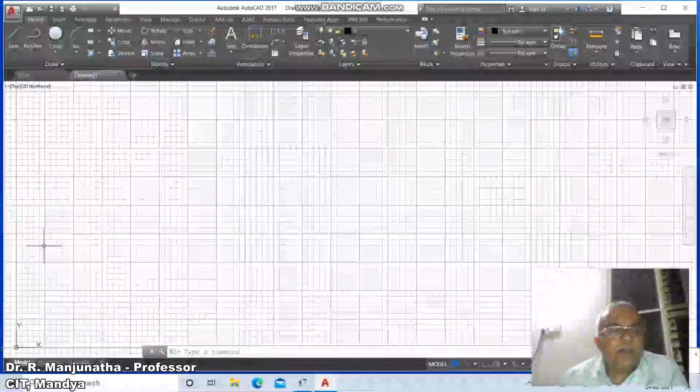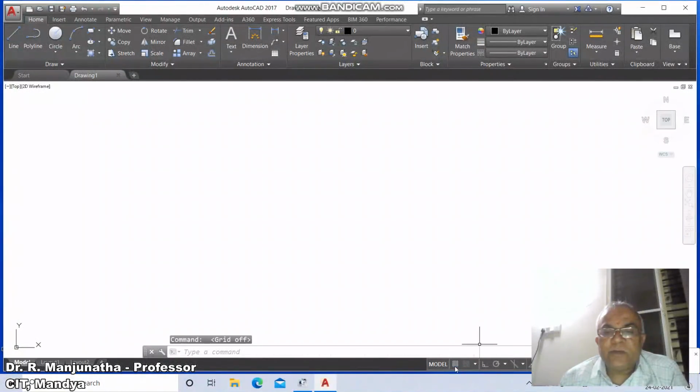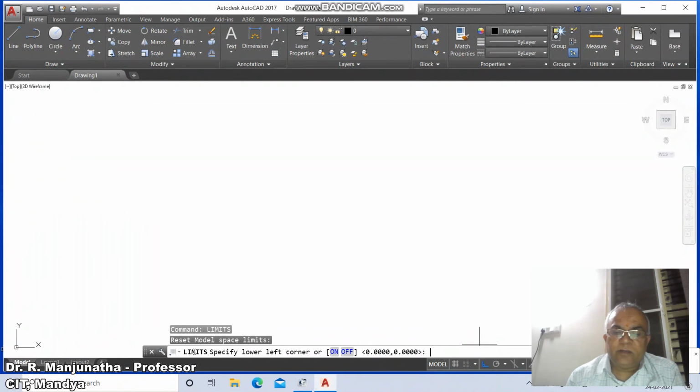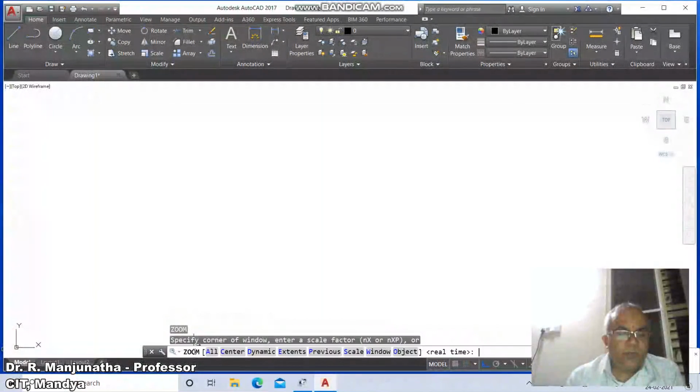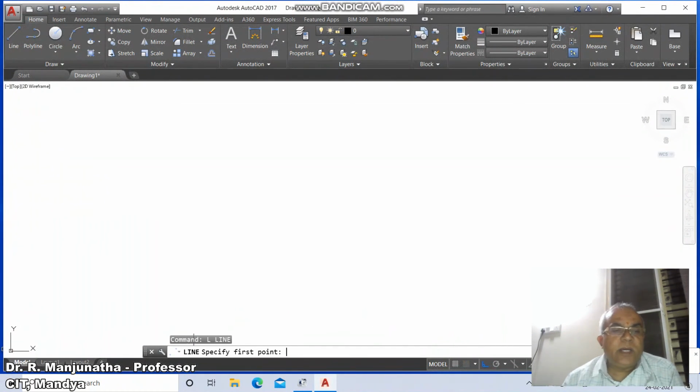software. Just go to AutoCAD screen, switch off the grid mode and switch on the ortho mode, and the command is limits. So go to specify lower left corner 0,0, enter upper right corner 297,210, then zoom. Then go to line, select some arbitrary point on the lower left corner of the sheet and screen